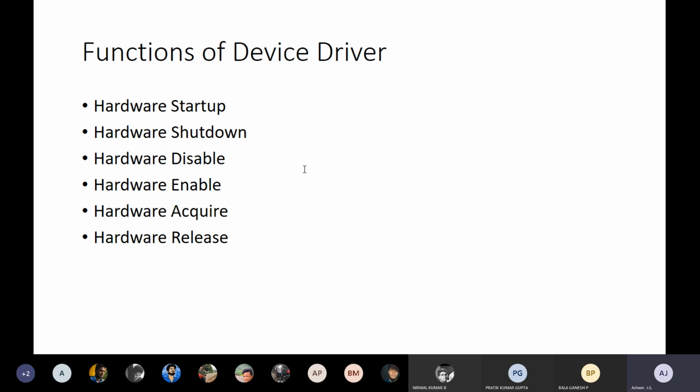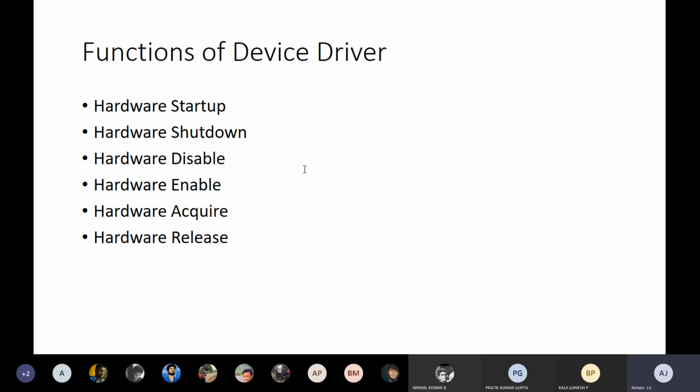Next is hardware acquire. Hardware acquire is used for a locking purpose. Locking means I give access to only one particular hardware. Suppose multiple devices are connected, I can give access to only one in order to do the functioning.